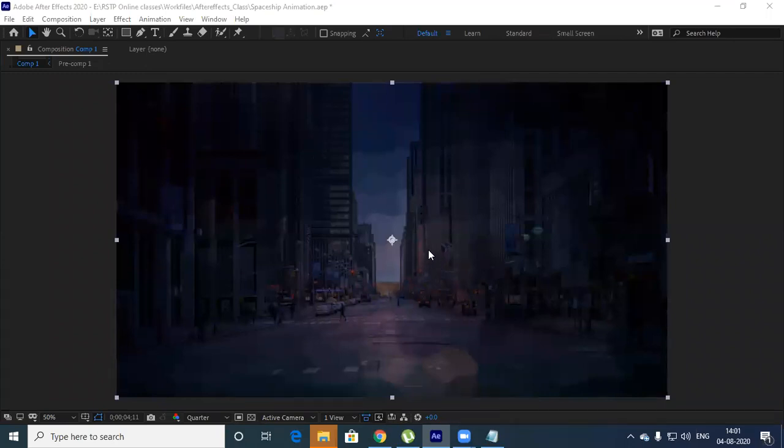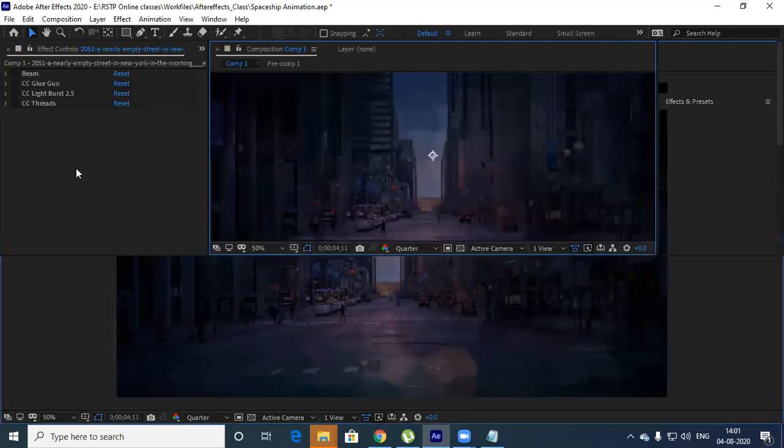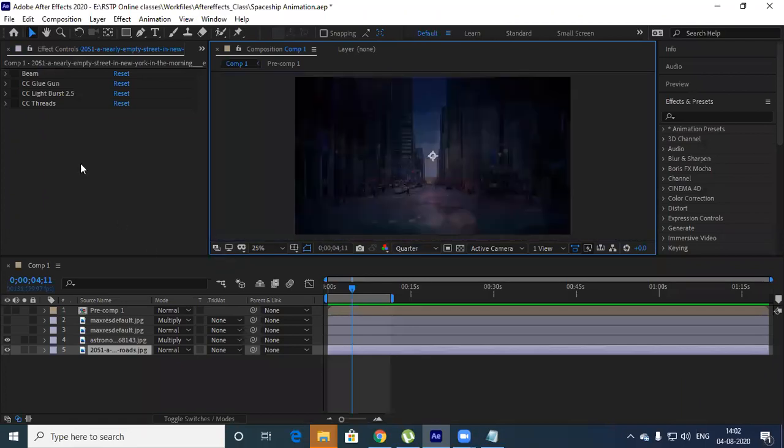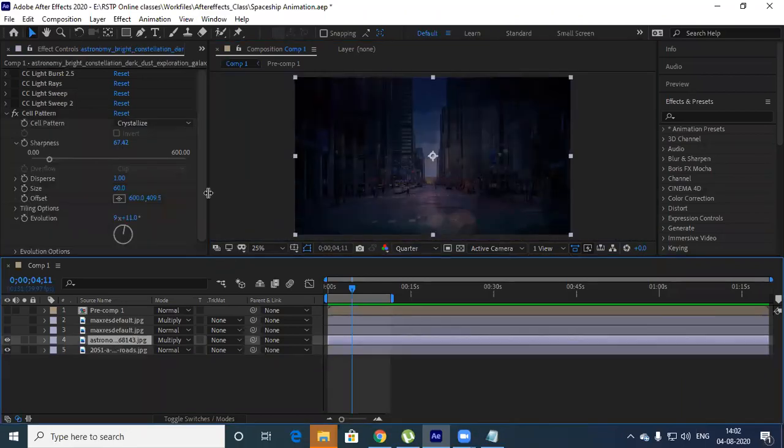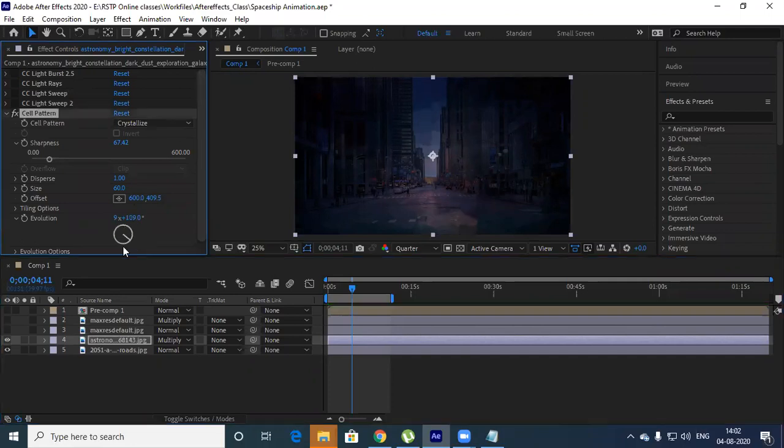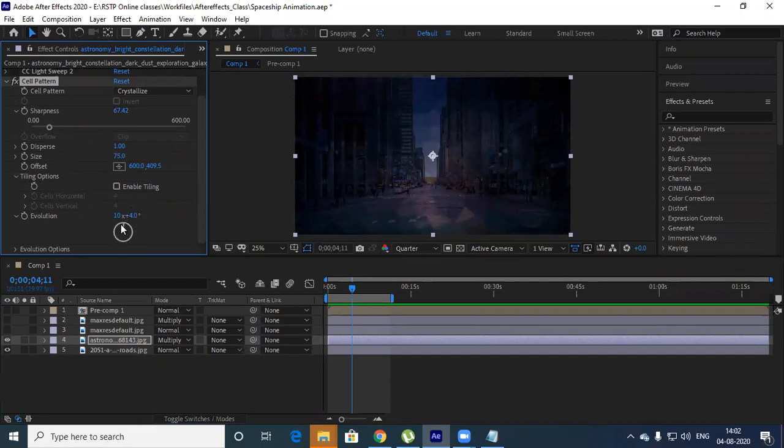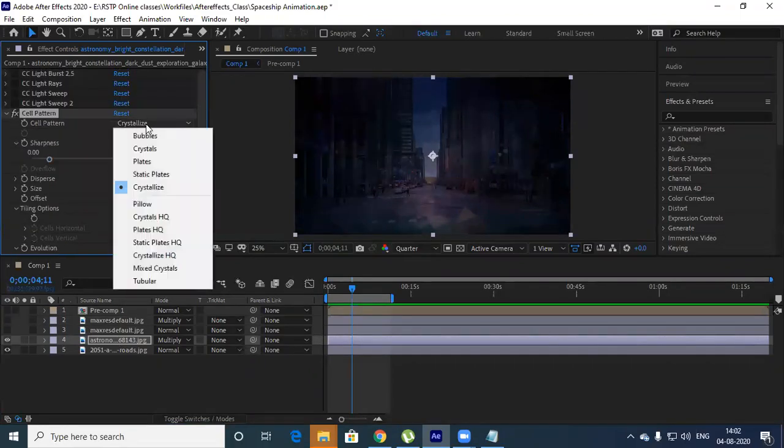Now see, most of the things we are doing are for a single footage, a single image. The same thing, if you work on footages, looks really cool. There is animation like this, and you can even move sharpness and all. You can increase the size of this, or if you want, you can reduce the size. This looks even cooler. You have multiple tiling options and evolution options, so this will lead to additional stylization.